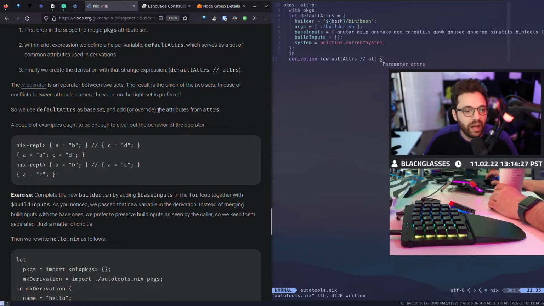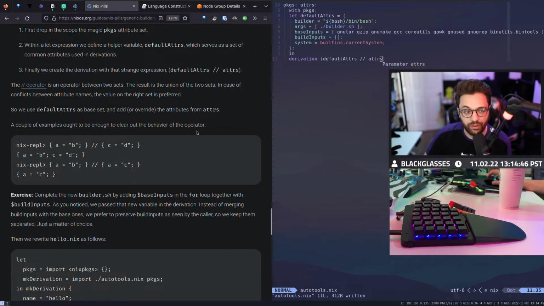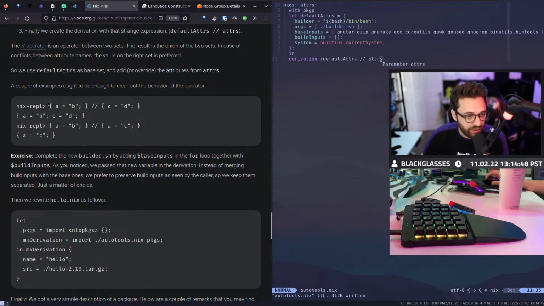The idea behind it is a resulting union of those two sets. In the case of conflicts between attribute names, the right set is preferred, and that's why we call it merge left. We basically merge to the left, and everything on the right is now the value of anything that was on the left. So a couple examples.